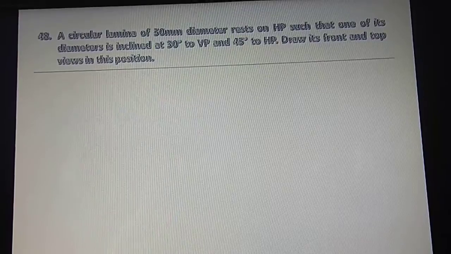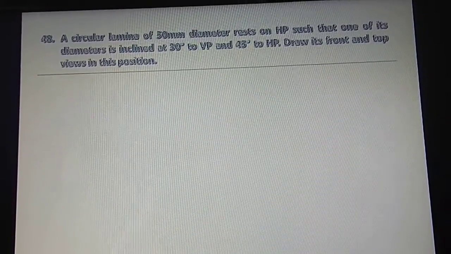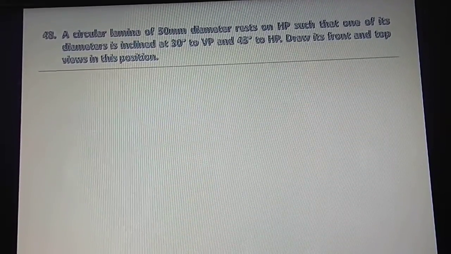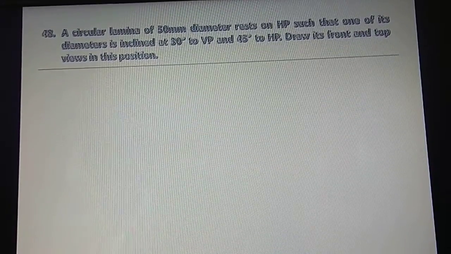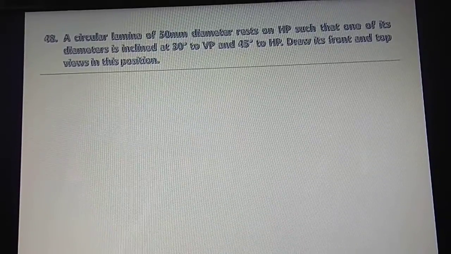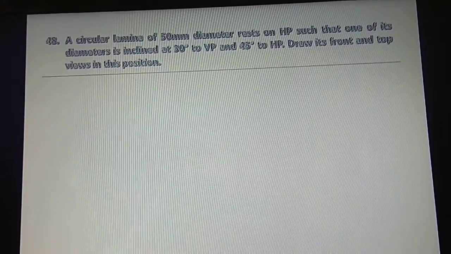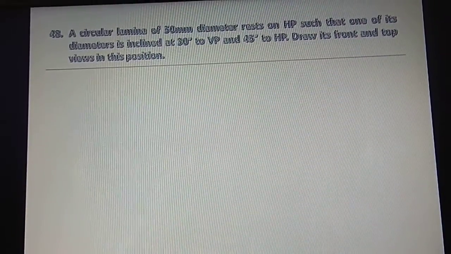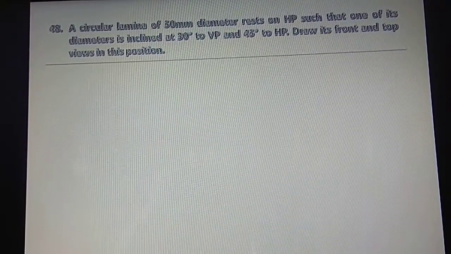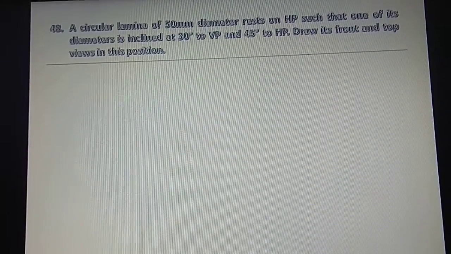Today I am going to upload the problems on circular lamina of diameter 50 mm resting on HP. Already I explained some of the problems related to projection of planes like equilateral triangular lamina, square lamina, pentagonal lamina, hexagonal lamina resting on HP or VP. Already we discussed, and today I am going to explain in this lecture that circular lamina of diameter 50 mm